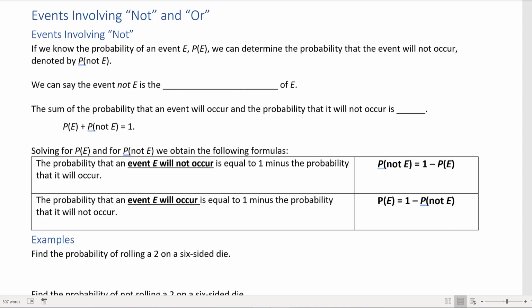Today's lesson is on events involving the words not and or. So first we're going to start with events involving the word not. Now if we know a probability of event E, we call P of E, then we can determine the probability that the event will not occur, denoted P of not E. We can say that the event not E is the complement